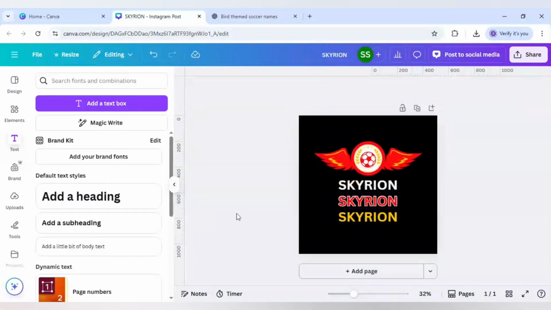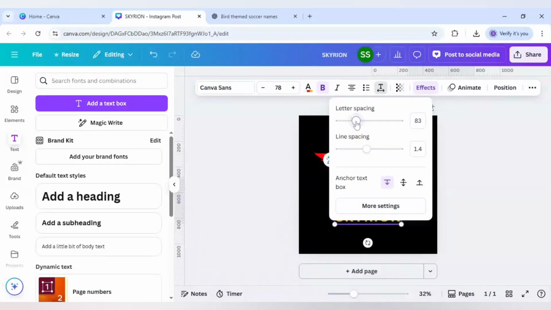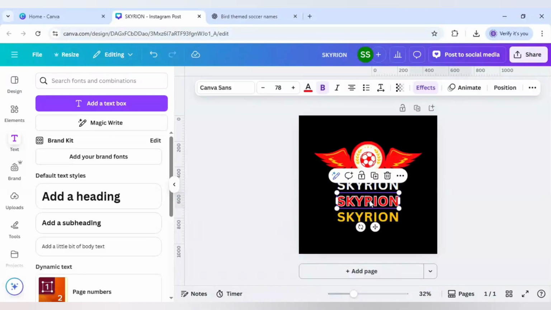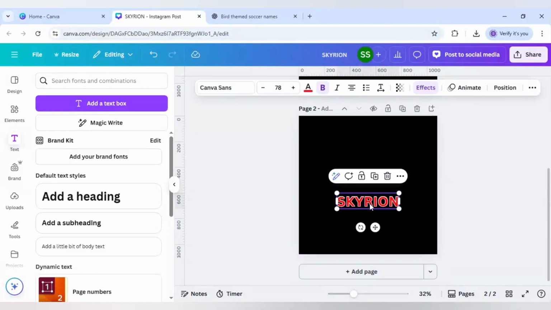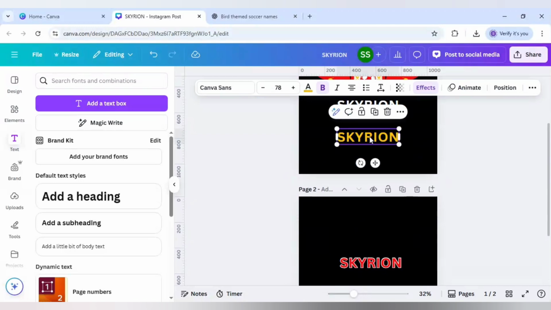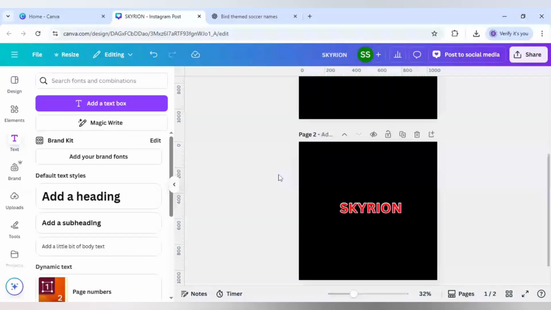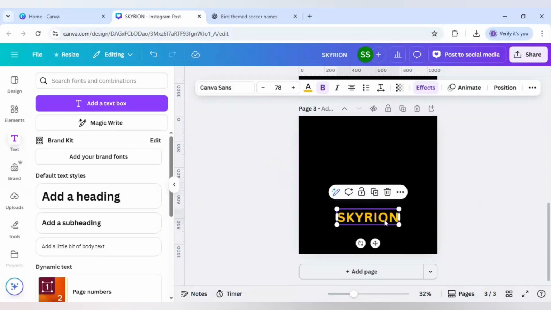Okay, like this, and after that I will hold all of them and select this letter spacing and increase it to 30, and after that select this one, the second one, and press Ctrl plus X to cut it and paste it here by pressing Ctrl plus V on the keyboard, and in the third one select it, press Ctrl plus X again and move it to the third page, and